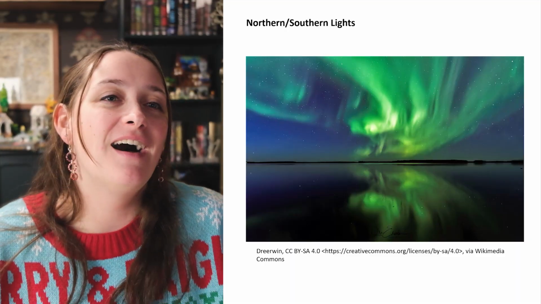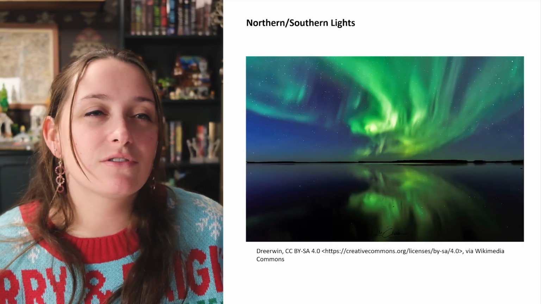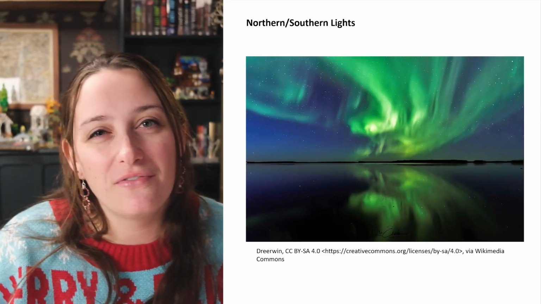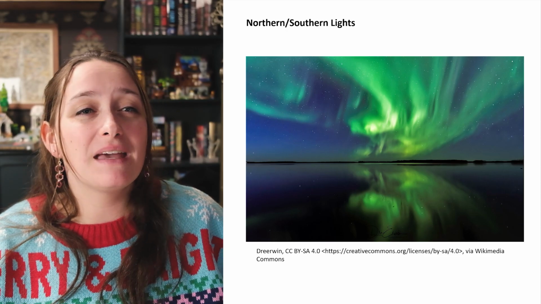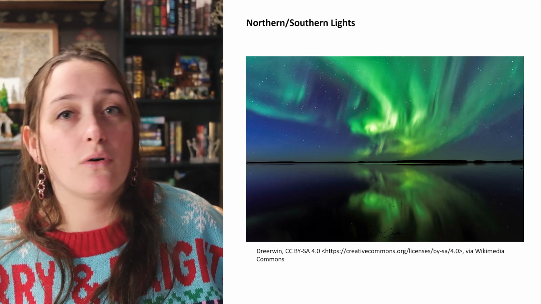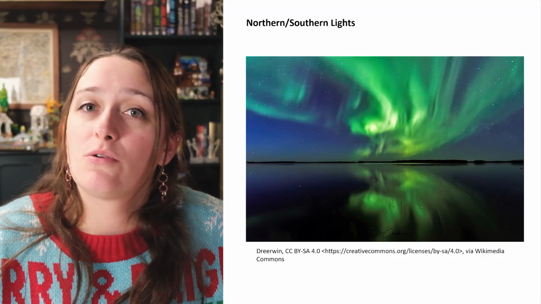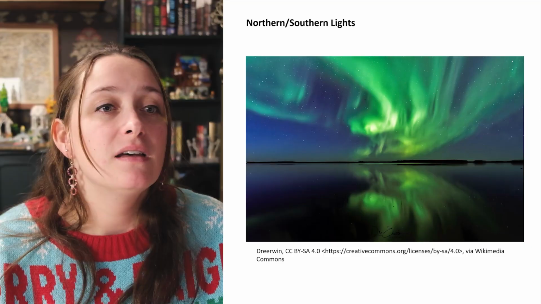It's fine. So while these are less of a weather event, the northern lights are still very cool and sort of fit in with how we're mapping these other ones here, and they can have a really big effect on the people that live there, mainly from a cultural perspective. So the northern lights, or the aurora borealis, is an atmospheric phenomenon.